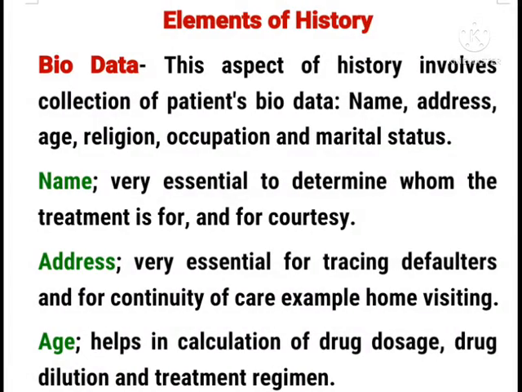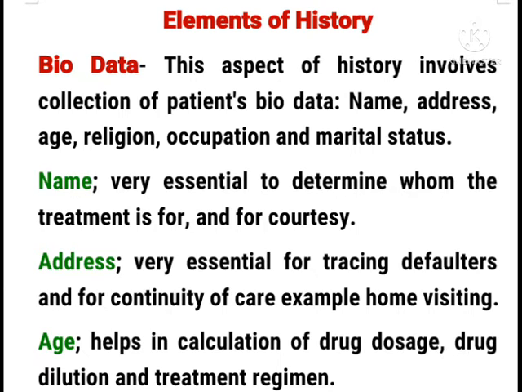Elements of history. 1. Biodata. 2. Presenting complaint and duration. 3. History of presenting complaint. 4. Past medical and surgical histories. 5. Family and social histories. 6. Drug and allergy history. Then 7. Review of system. Let's look at the first element,